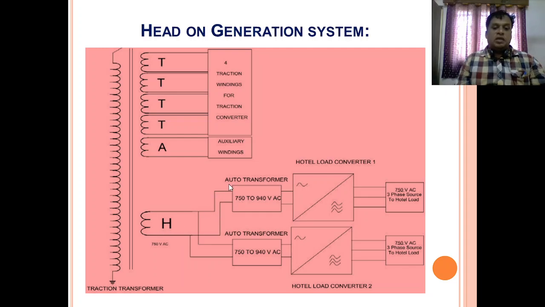The supply given here uses auto transformers, given as two types, because we are bridging here like auto transformers, and these auto transformers variably give the total load converter, and the converter gives the 750 volts 3-phase supply to the total load. This is utilized here by use of this converter as well as the auto transformer from the traction transformer, where you use the auto transformer as well as the total load converter, from where you get the 3-phase source to the total load.